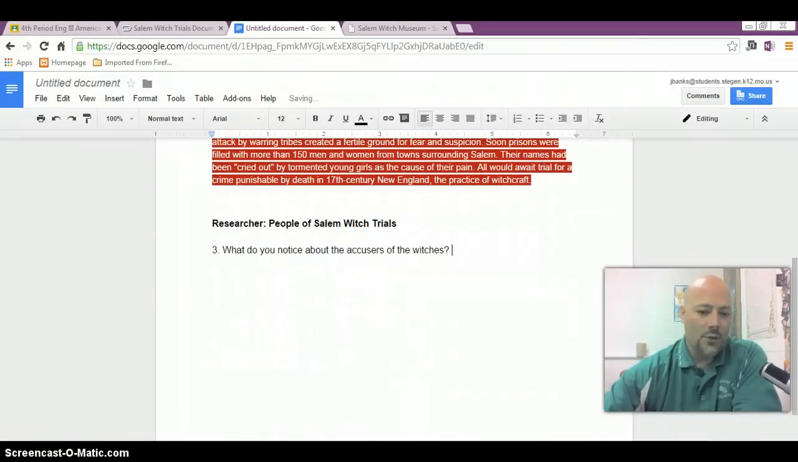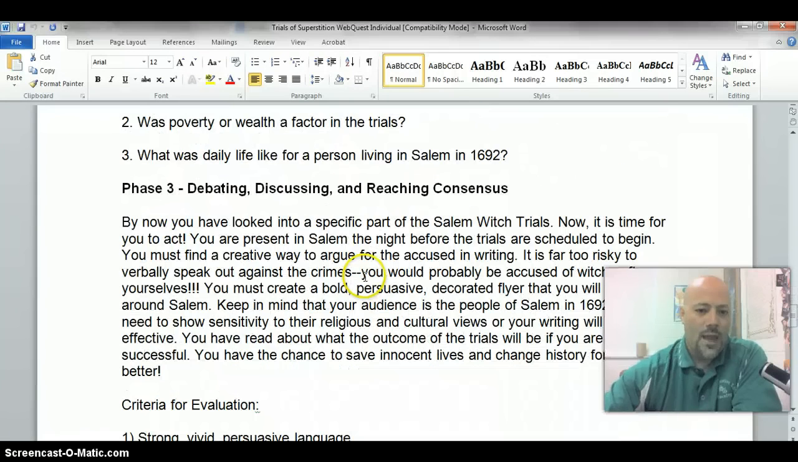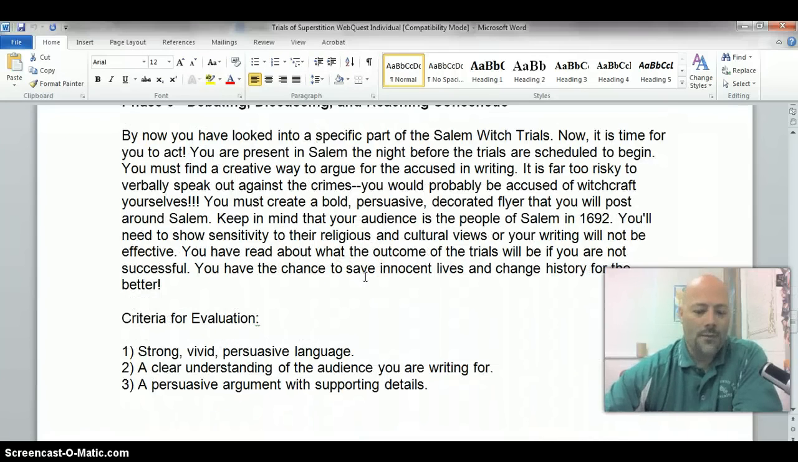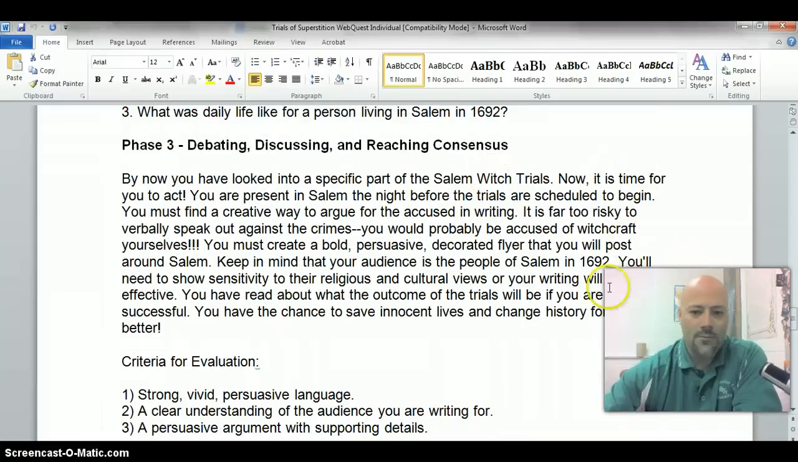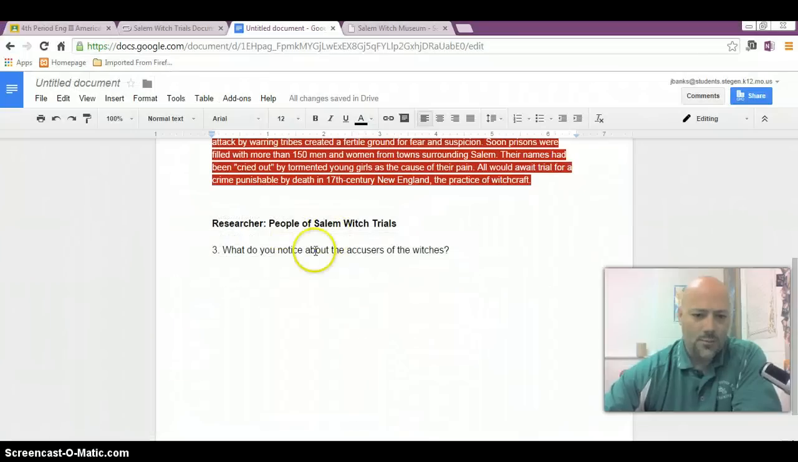And basically there's only 3 things. So you go here, then you have the culture of Salem, and that's it. Then once you're done with that, the last part is to create a picture, a poster, a flyer that you'll post around Salem, okay? And so now that we've done the research, you look at this piece, and let's say